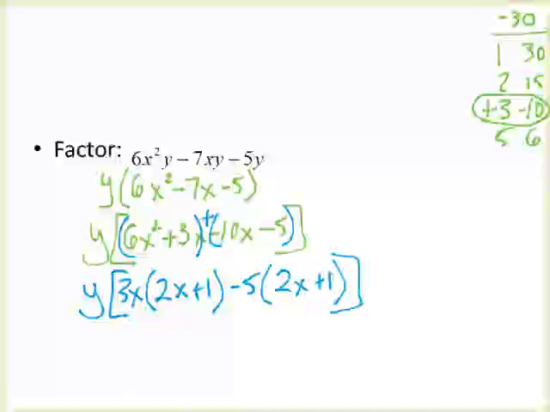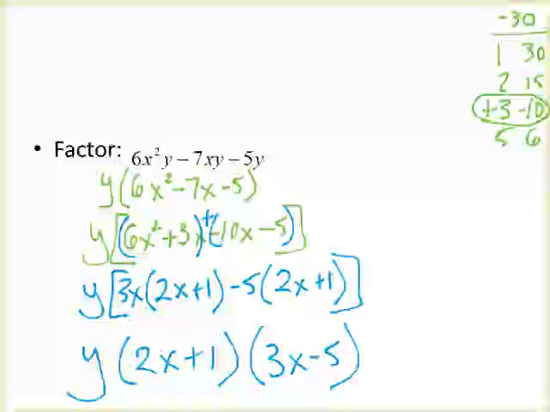Good sign. So right, with the one tagging along, we get the 2x plus 1 and the 3x minus 5, which, by the way, I think was one of the last things in that list. So if I went in the order of that list,